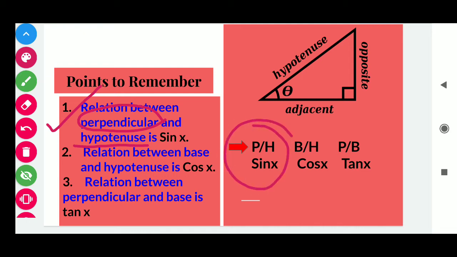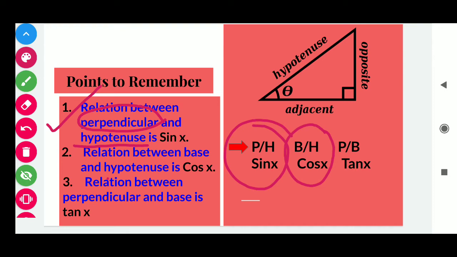In this way, the relation between the base and the hypotenuse is cos x. So students, whenever they ask to find the base or hypotenuse, and one of them is given, then students, base and hypotenuse together make cos. So we will definitely use cos, not the reciprocal secant x. Students, we can say that we can use secant x, but prefer to use sin, cos and tan x in the questions.